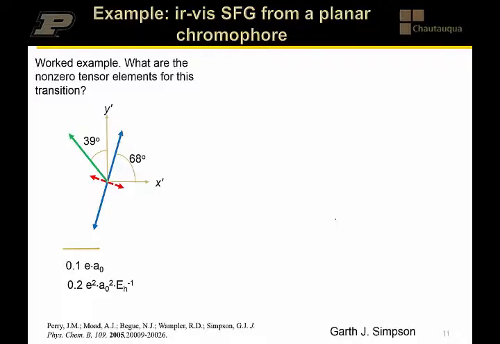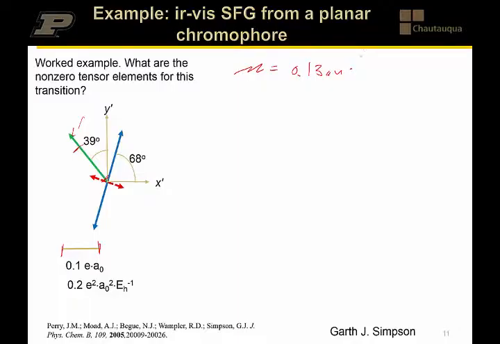There are no significant z prime contributions. And the question is, what are the non-zero elements in the molecular hyperpolarizability for vibrational sum frequency generation from this set of arrows? And so the way you do it is, the first thing you need to know is the magnitudes. Let's look at the transition moment first. If that scale bar is 0.1 atomic units, then that's about 0.1 atomic units, and that's about roughly another third. So let's say the magnitude is going to be 0.13 AU